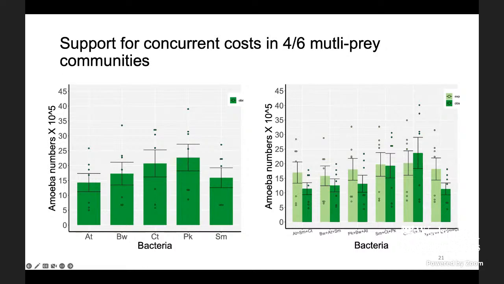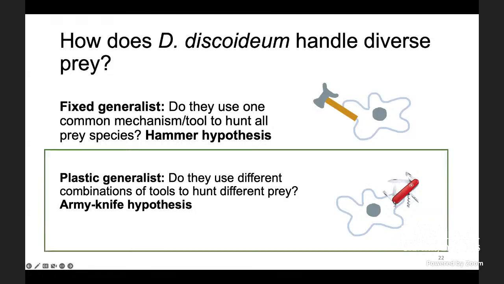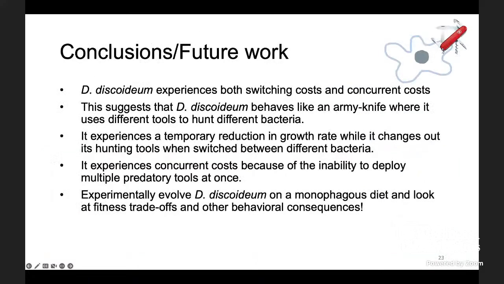So going back to this question, how does Dicty handle diverse prey? Are they a fixed generalist or a plastic generalist? The results from my experiments support the idea that they are a plastic generalist and they use different combinations of tools to hunt different prey. So the logic behind that is basically,